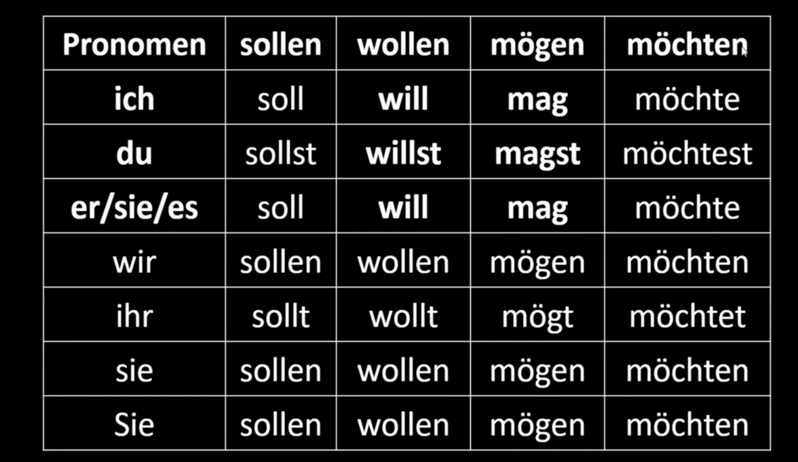Möchten means would like. If I want to say I would like, I write ich möchte. Du möchtest. You would like. Er, sie, es möchte. Wir möchten. Ihr möchtet. Sie möchten. Now that we understand the conjugation of the modal verbs, let us try to understand the sentence structure